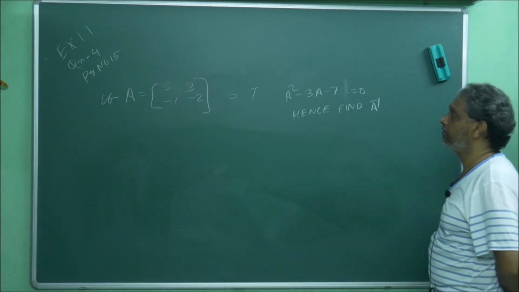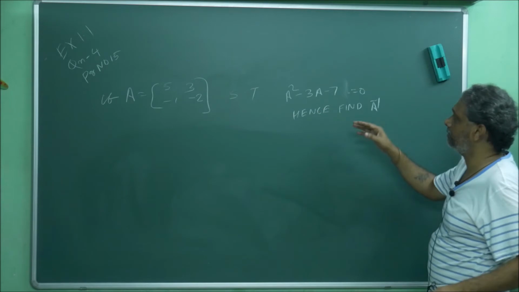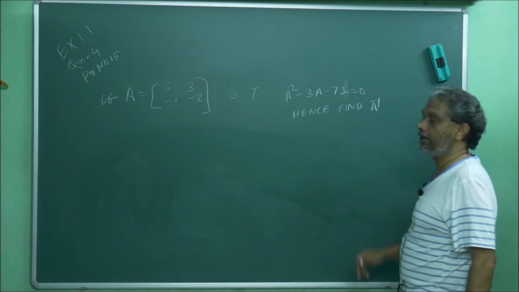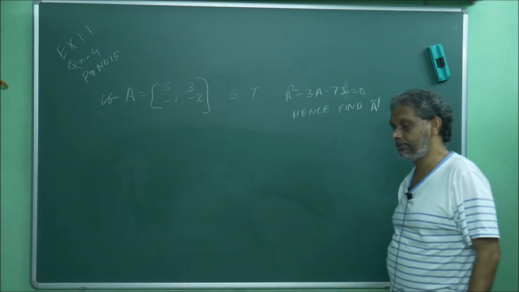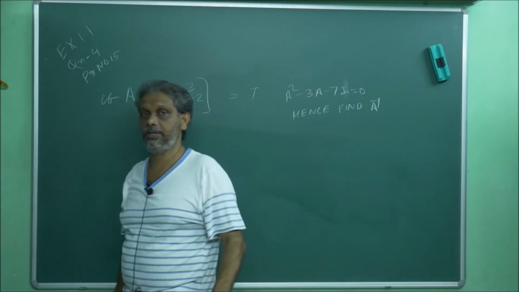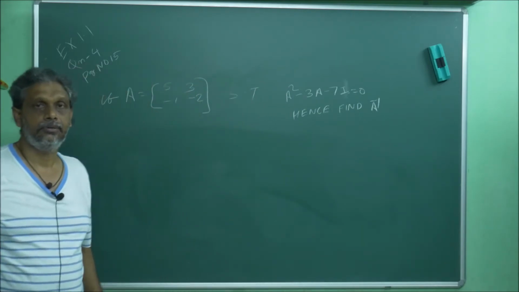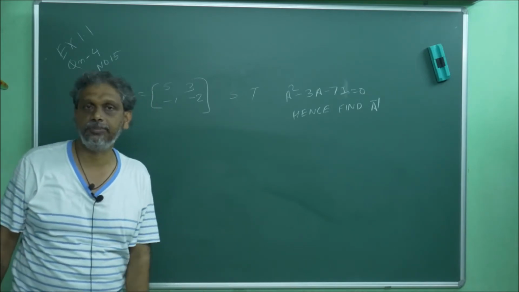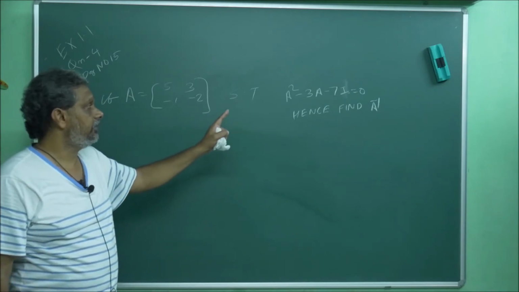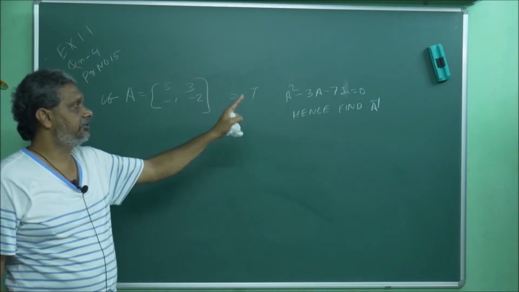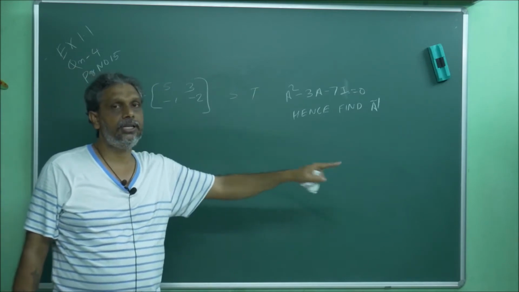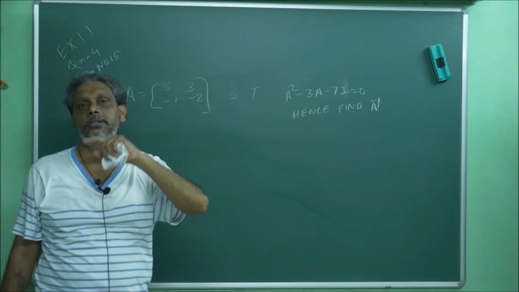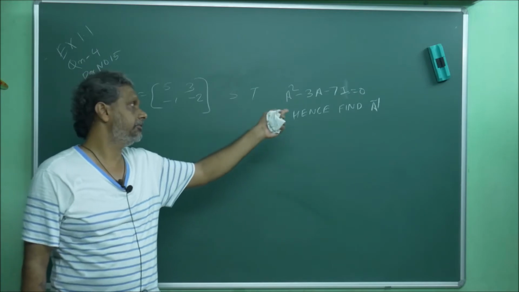So seeing this, don't get confused about how to add this number. If they have not given it, you take it as 7I2 sometimes they mention. I2 means second order identity matrix. Only for the identity matrix I give the letter I. It is the unit matrix: on the diagonal only one stands, and all the remaining elements are 0. Whether they give it or not, you can take 7I for granted, then attack the problem. You cannot add a single number to matrices, so make it a matrix form. That's why I write 7I.